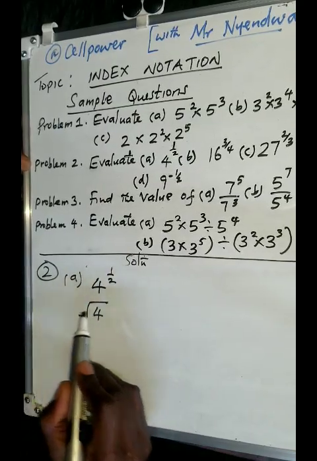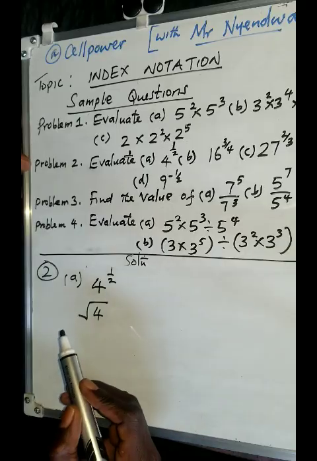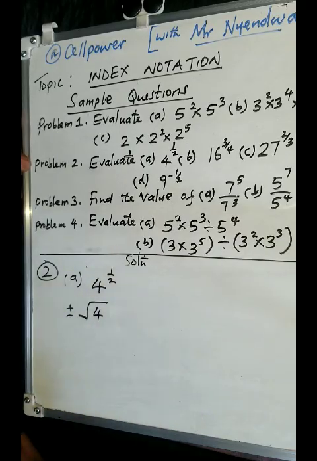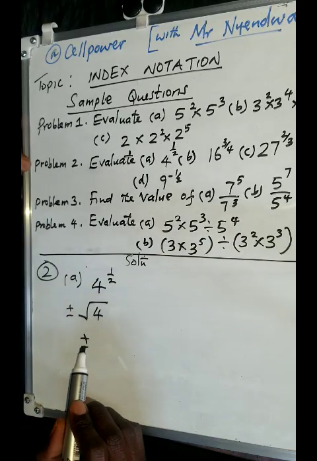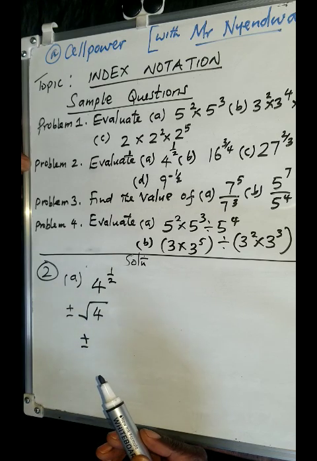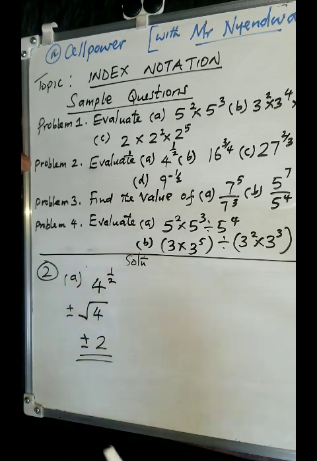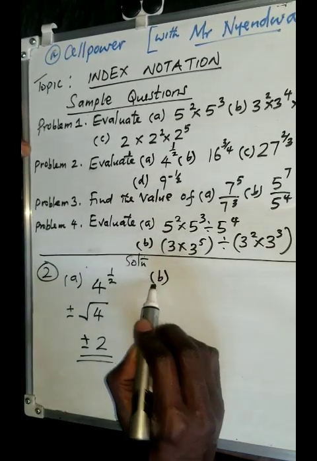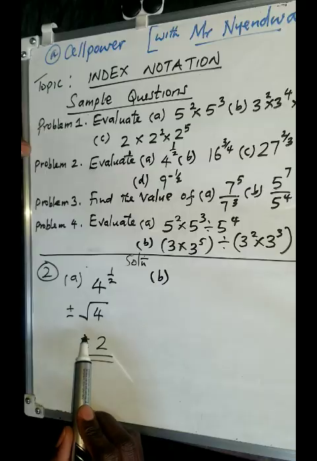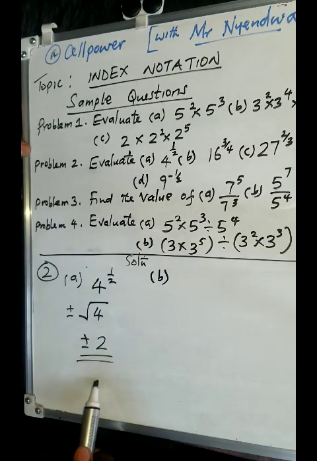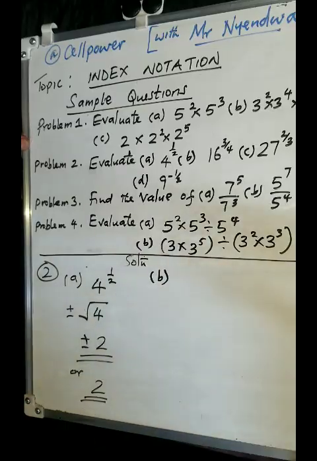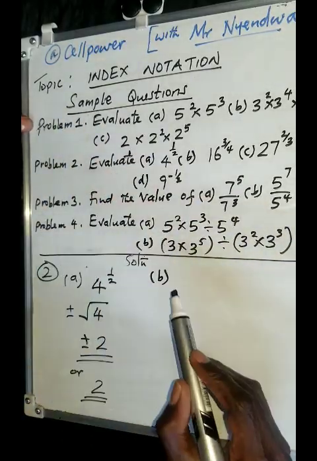Now, a square root can either be positive or negative. That's what you need to remember. It can either be positive or negative. So your solution there can either be a positive or a negative 2. That's what we mean there. So that is basically the idea if you want it that way. But of course, if you're not satisfied, you can just take the positive part of the root and just say it is 2. Yeah, but of course, a square root can either be positive or negative, even when you're dealing